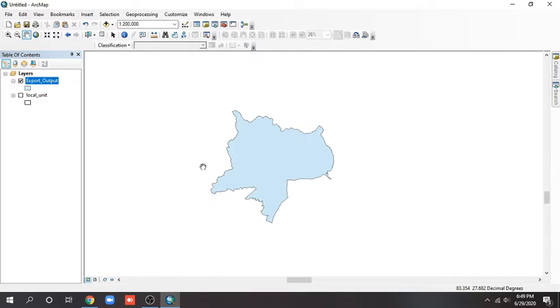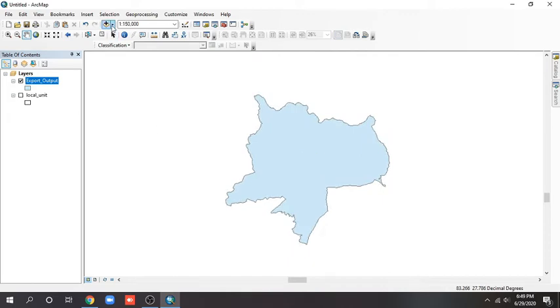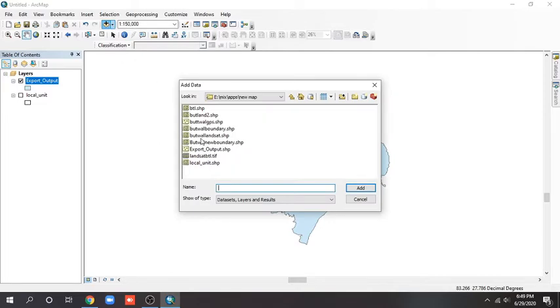Now I'll simply show you how to extract the data or area file by mask if there is some other base layers. Example, it can be of any Landsat image or land cover map with the raster data in it. Now select the data you want to use. You go to add data.